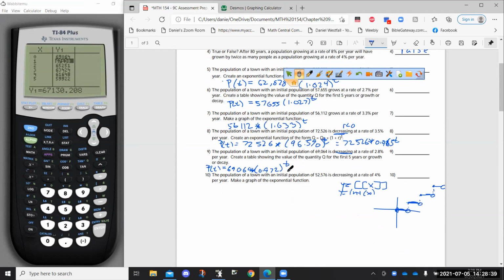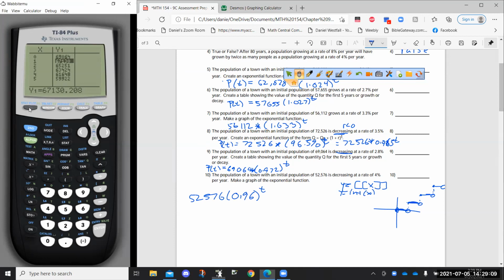So let's just answer this last question here. Population: a town has an initial population of 52,576 and is decreasing at a rate of 4%. That means that I have a 96% rate here. Then it wants you to make a graph. I'll show you how to do that in the calculator. We're going to have to do the same thing where we kind of stretch this out like we did before. So y equals